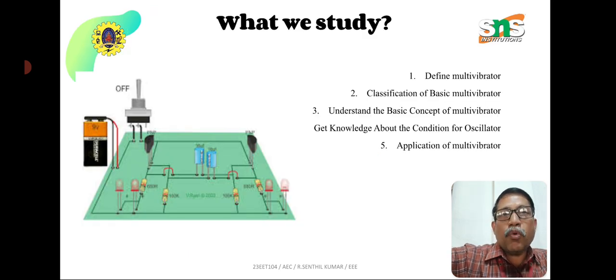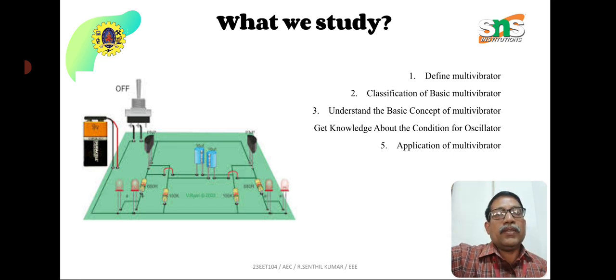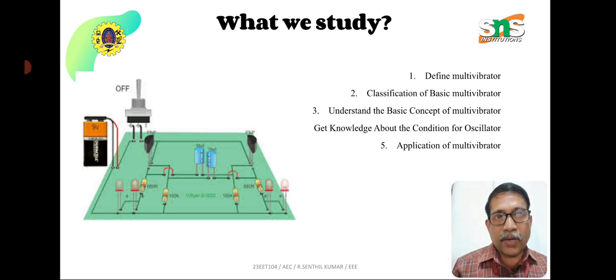The left hand side portion is the circuit. It is a three-dimensional view which consists of a battery, the orange and black one on the left hand side, and the board, and the two blue color cylinders, which are nothing but capacitors, and two LEDs. And how many resistors are there in the circuit? Yes, it is 4. There are 4 resistors, 2 LEDs, 2 capacitors, a battery source,